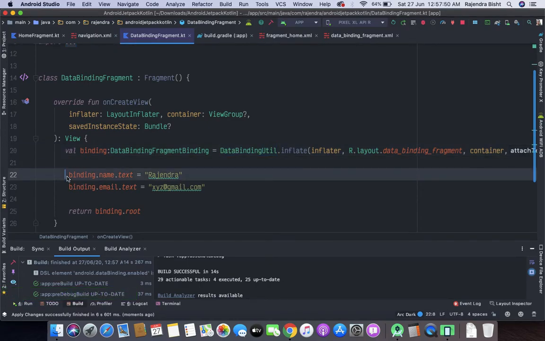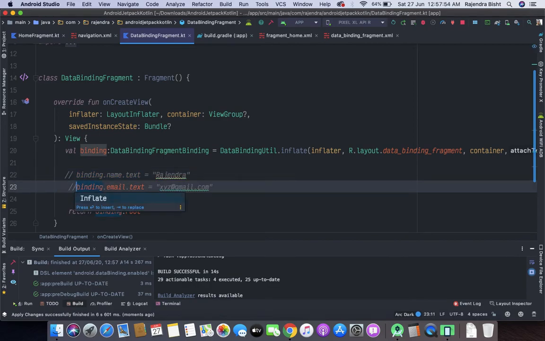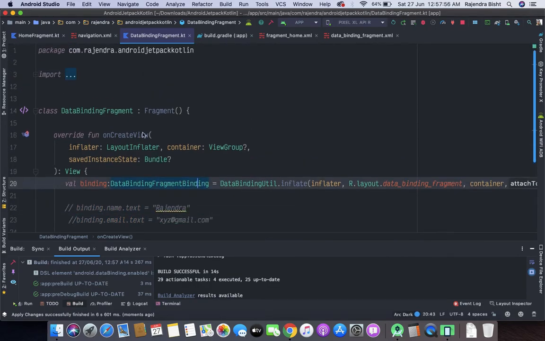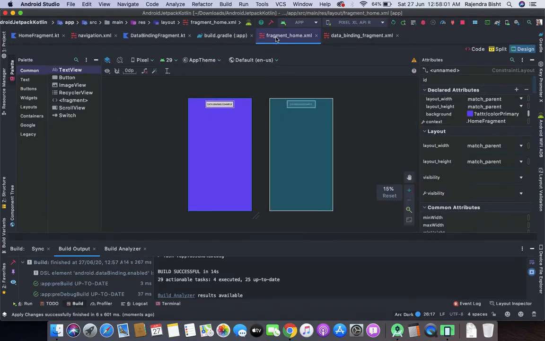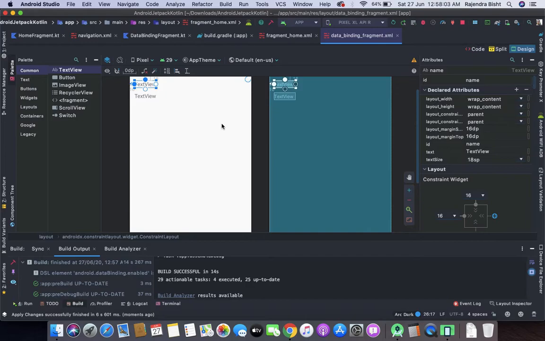Let's comment this. Now let's suppose we have a model class. So let's go to the data binding fragment.